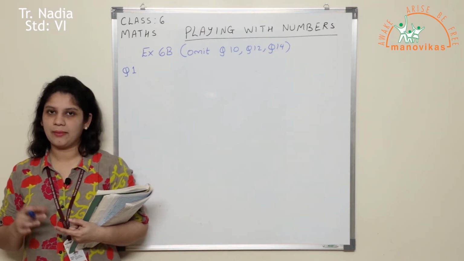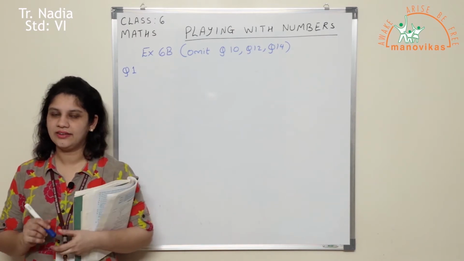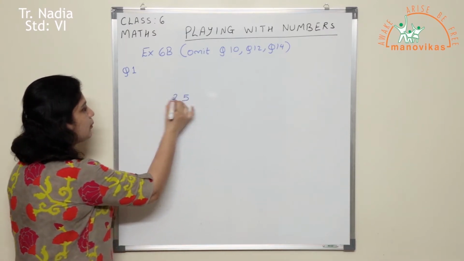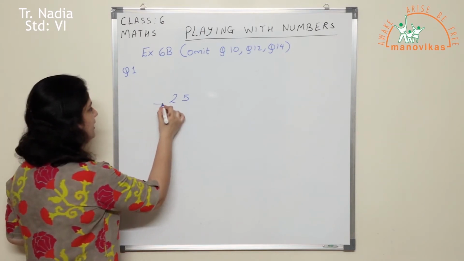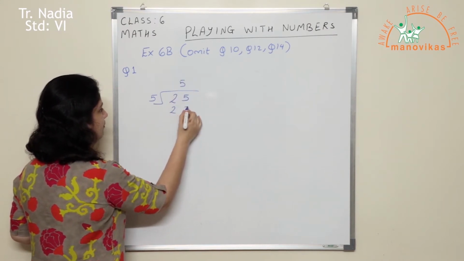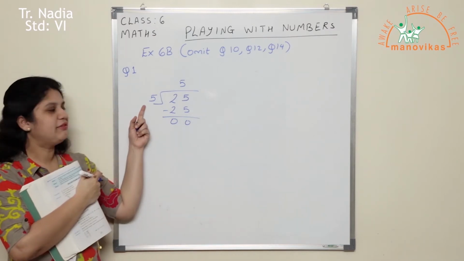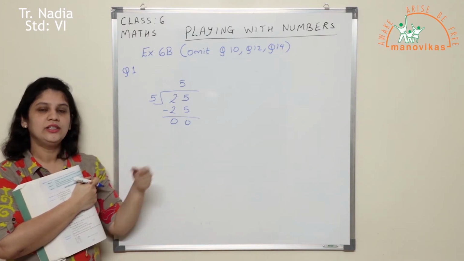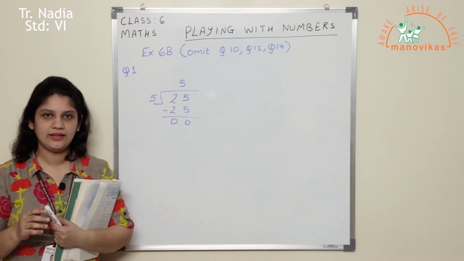Now, factor is a number which can divide the given number completely without leaving any remainder. For example, if I have the number 25 and I want to prove that 5 is a factor of 25, how will I prove it? I will divide 25 by 5 and I get 5 5s are 25 and the remainder is 0. So you can look here that the number 5 completely divides 25 without leaving any remainder. So a factor is a number which can divide a given number without leaving any remainder.